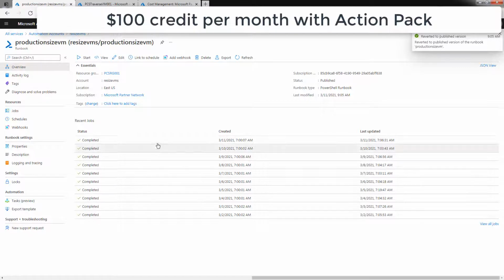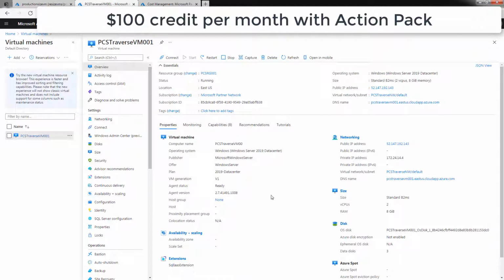And you can see how they've all completed. So basically at 7 p.m., I shrink my VM down. It actually does a reboot. And then at 7 a.m., I bring it back up to the full production version, and it does a reboot. And then, as you can see, I'm at the 2 CPUs, 8 gig of memory, and after 7 p.m., it's